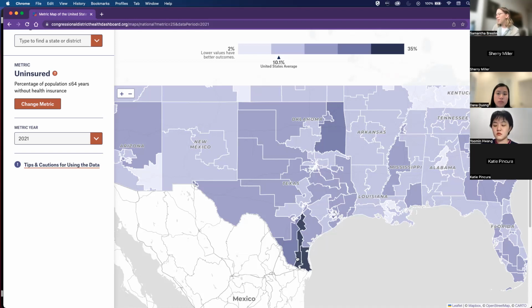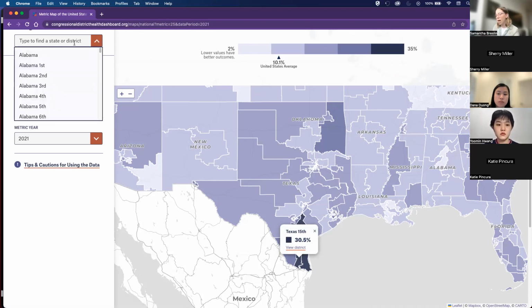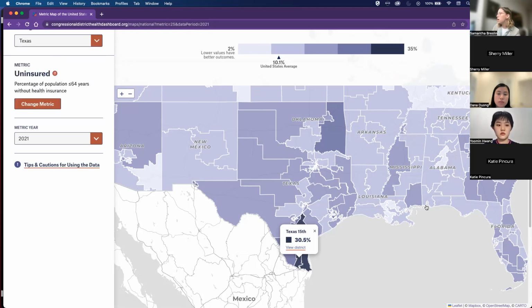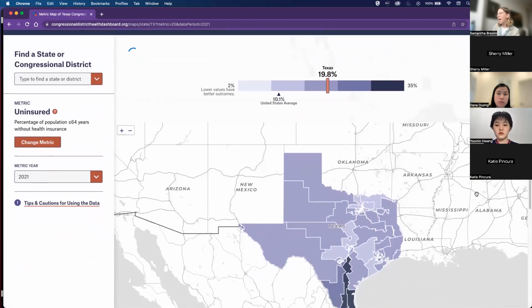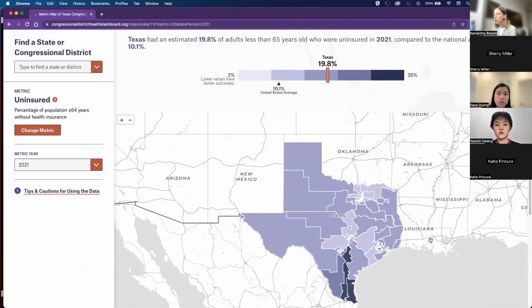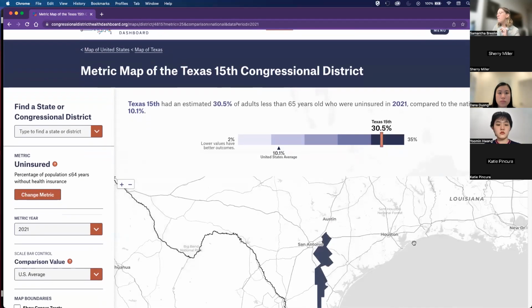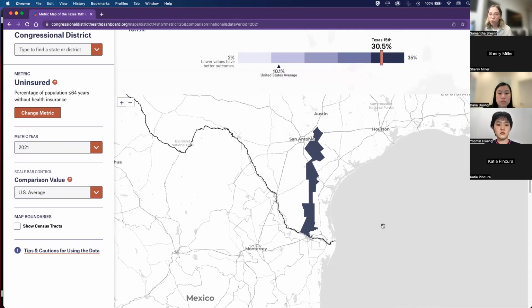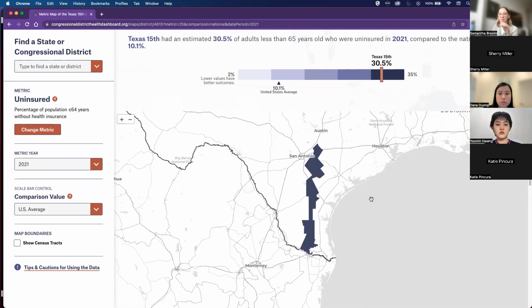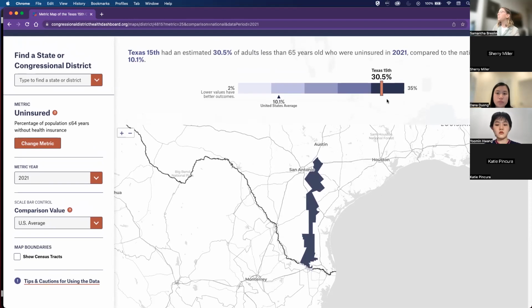So like I said, you can click in to see a district right away from that, but you can also type it in here or type in your state. So I will type in Texas, so we can see Texas. And then again, you're able to see just Texas on its own. It's a similar scale bar to what we just saw, but I'm interested in exploring Texas 15th, which I'm almost positive, if it doesn't have the highest uninsurance rate in the country, is one of the highest. So I just clicked into Texas 15 from the Texas state map,